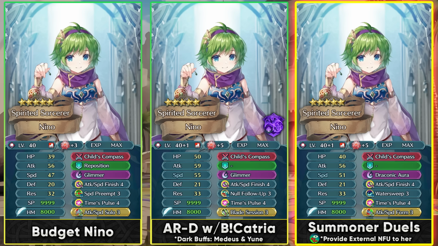Speaking of Draconic Aura, that's definitely the special I would recommend if you use her in Summoner Duels, because like I explained in Byleth's section, it's pretty imperative that you trigger your special not when the enemy has got Hardy Fighter Aegis or Hardy Fighter Sacred Cowl up. You trigger your special on the part where they do not have their defensive special. So you can easily try and do that on the second attack, and Water Sweep is going to be pretty